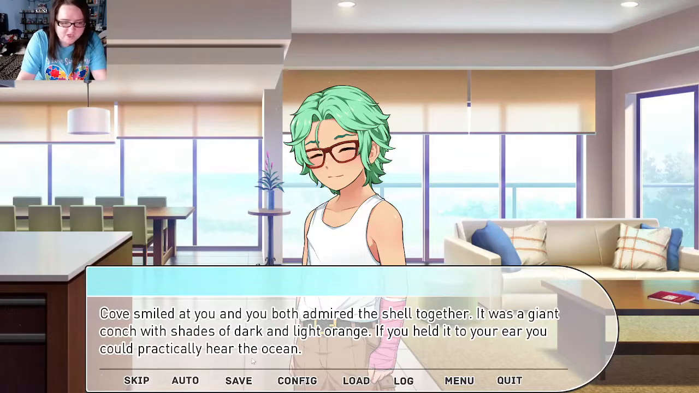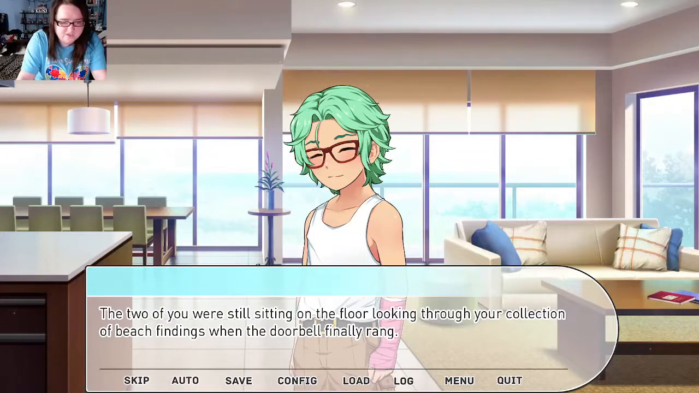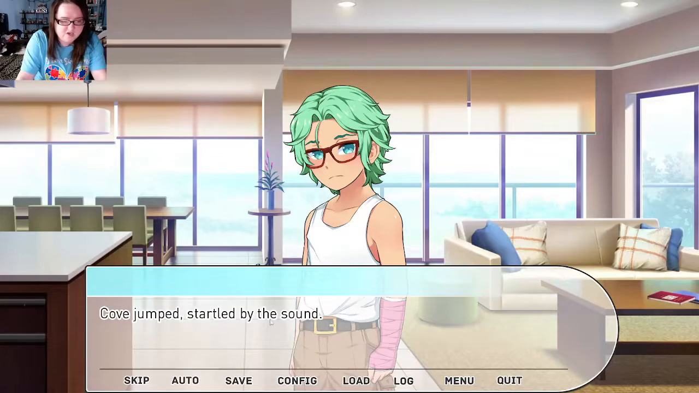It was a giant conch with shades of dark and light orange. If you held it to your ear, you could practically hear the ocean. I found that one last summer when we went to the beach on a picnic. The two of you were still sitting on the floor looking through your collection of beach findings when the doorbell finally rang. Cove jumped, startled by the